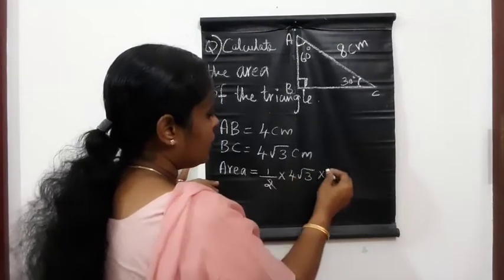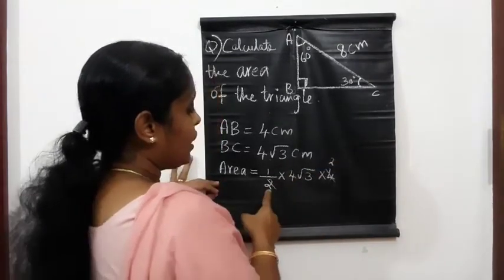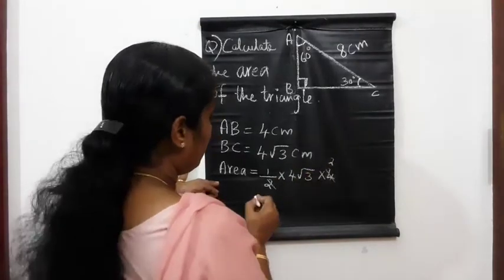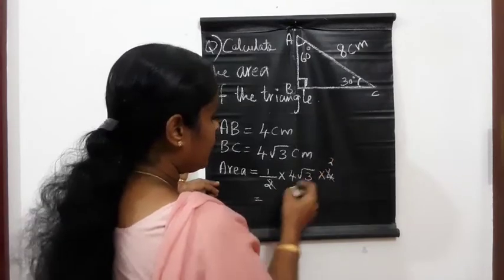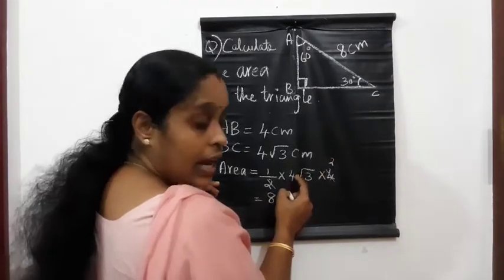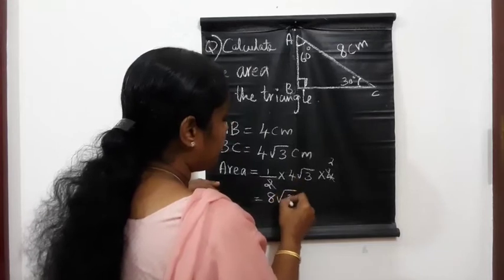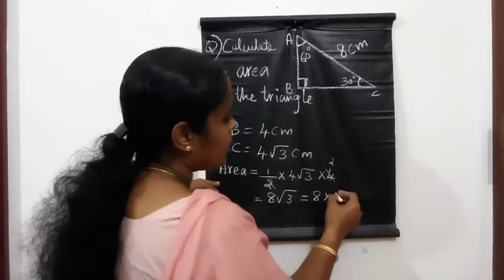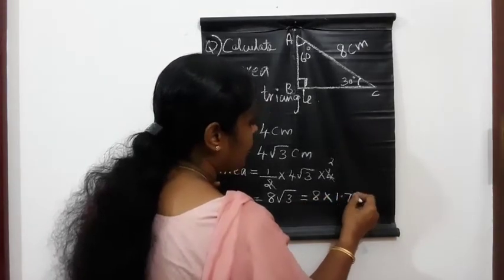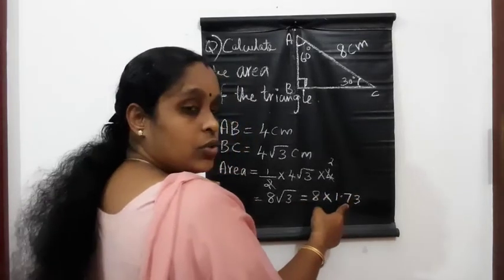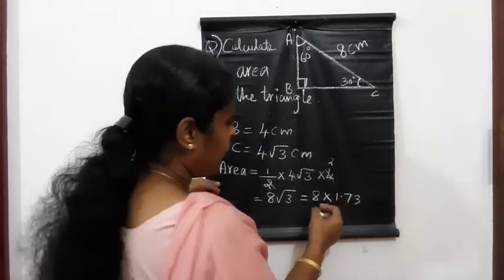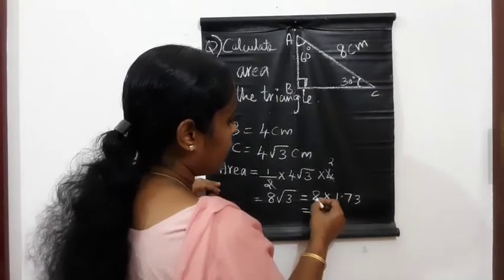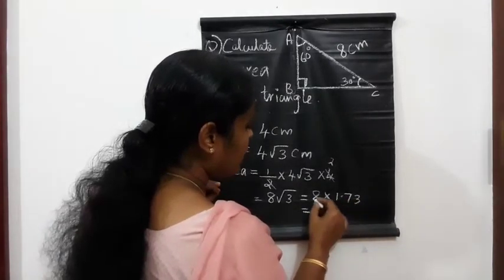So here we can cut: 4 by 2, that is 2, and 4 into 2 is 8. So we can write 8 root 3. That is 8 into the value of root 3, which is 1.73. Here I am giving 2 places after decimal. That is 8 into 1.73. After multiplication,